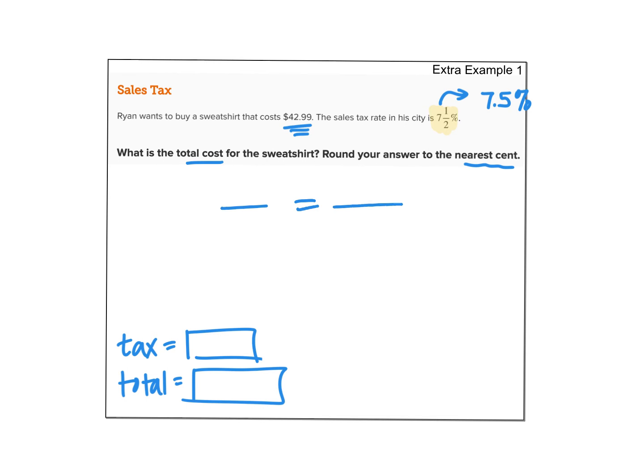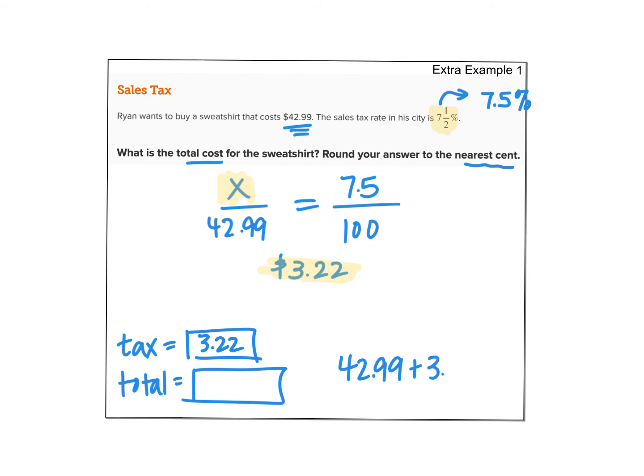All right, if you solved this, you should have had 7.5% over 100. The shirt costs $42.99, and I'm trying to find the sales tax, that part. So that's what I'm finding right there. When I type that in, I get $3.22. Now, when you're rounding, remember, when you have money, you just have two spots. So that's why it was like 3.224, and I just rounded it to $3.22. That is my tax. Now to get my total, I'm going to add $42.99 plus $3.22, and that gives me